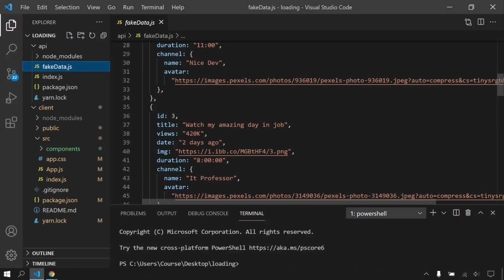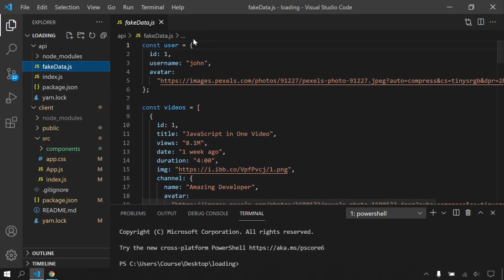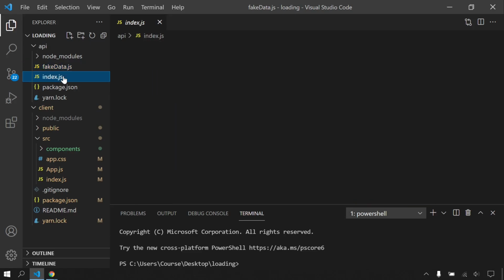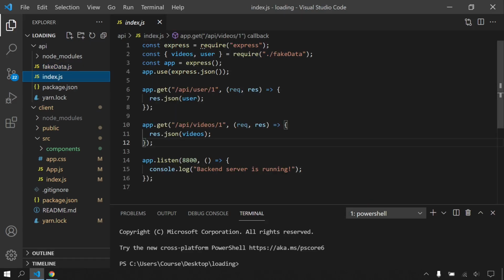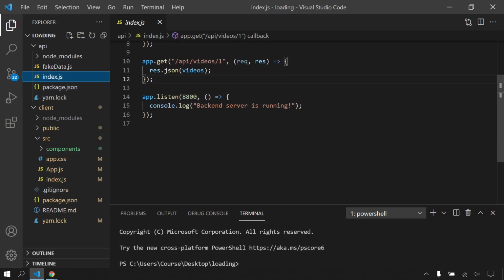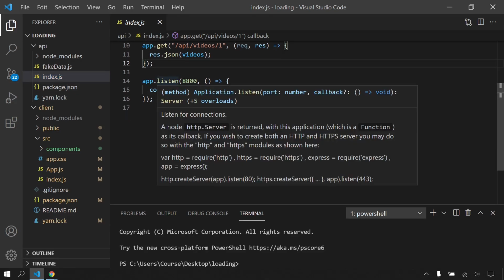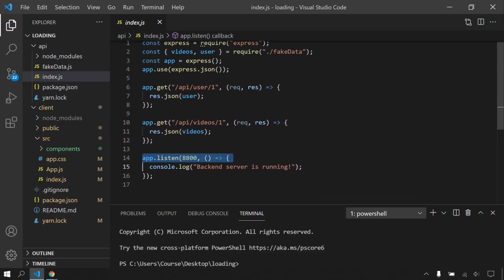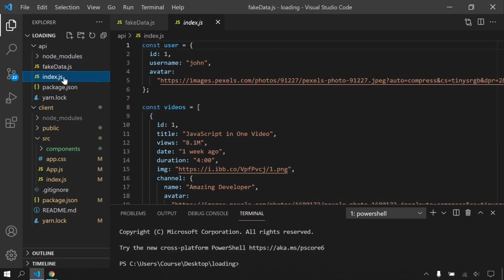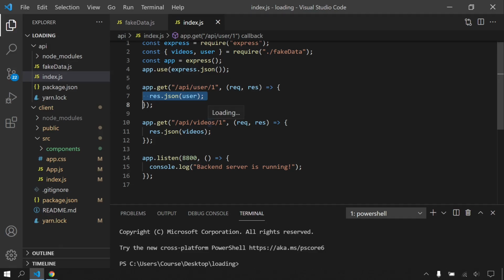So we are gonna fetch this data, these videos and this user, and in the index file I created an Express server and it's listening on port number 8800, and here are our endpoints. When we make request for this endpoint, it's gonna return this fake user inside this fake data, and when we make requests for these videos, it's gonna return all videos inside this fake data.